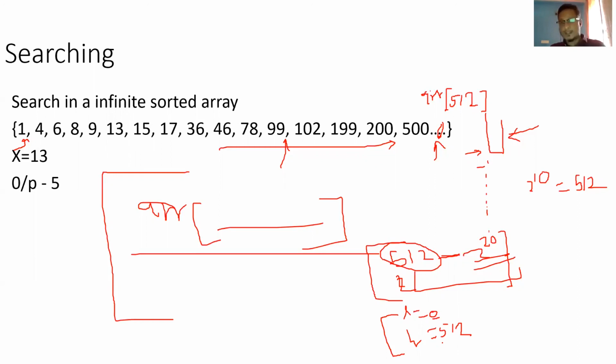But in case the item does not exist in 512 and is more than that, I have not initialized the high. So I will again check some big number, let's say 2000. If I find that the item is less than that, then only I will initialize the high. Otherwise, I won't initialize. Instead of initializing, I will always set this to low. My low will keep changing until I find that high.